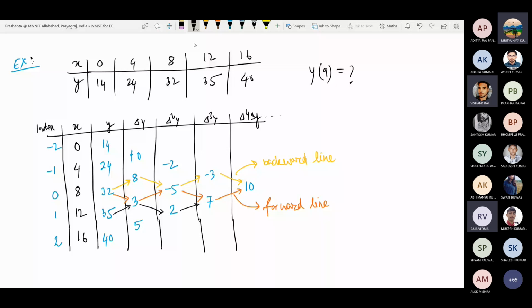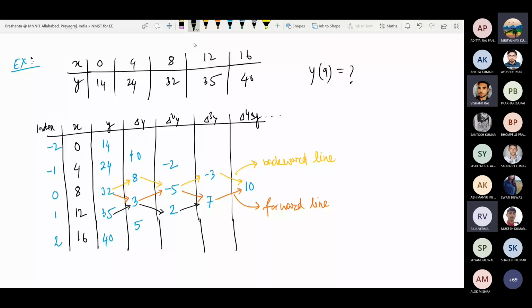because in that case the del 4y is not used, and which is coming from the last data. So if you choose 12 as a center, basically you are discarding the last data point. Del 4y is coming from the last data, so if you choose 12 as a center, you are discarding the last data point, which is 0.14.